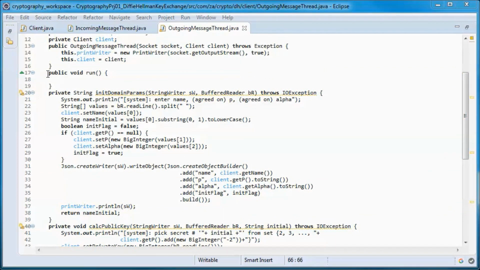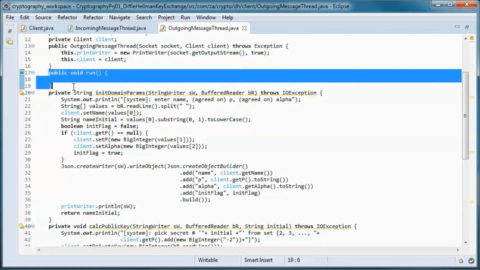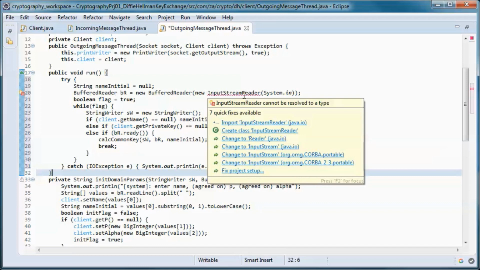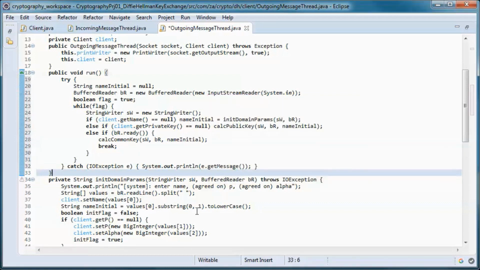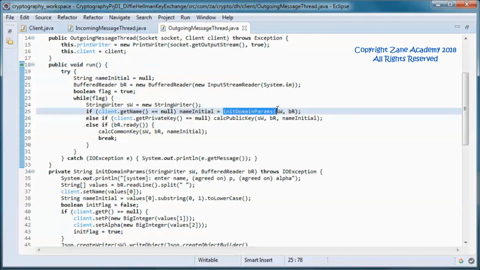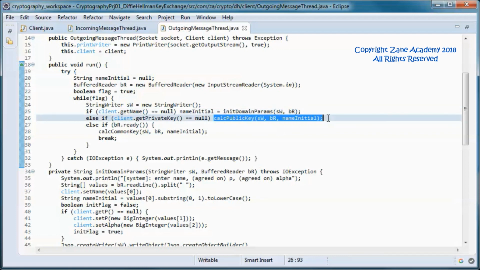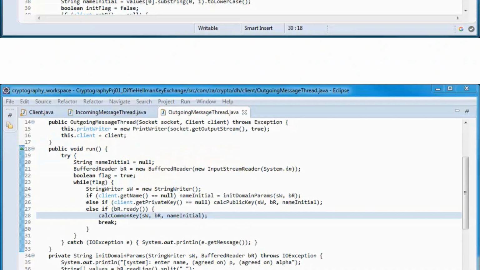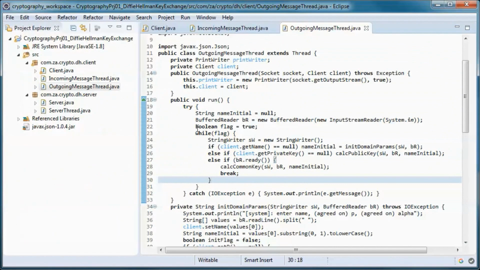And finally, this is the code for the run method. So first we call the init domain params, and then we call calculate public key, and then we call the calculate common key method. And finally, let's go ahead and test run the application.